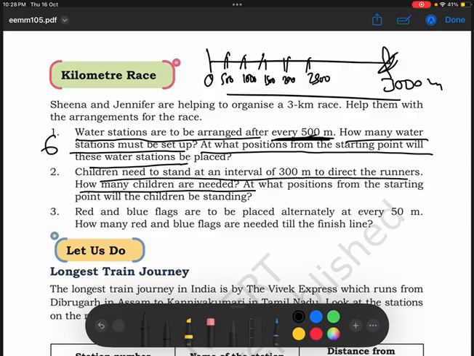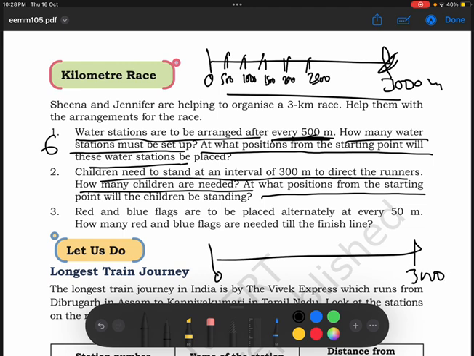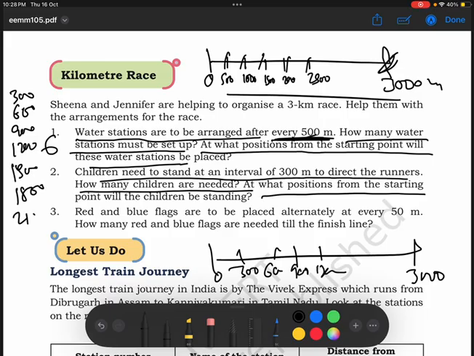How many children are needed at what position from the starting? So same again, this is the track of 3000 meters. Students are standing at 300 meter distance. So the first student will be at 300, second at 600, third at 900, fourth at 1200, then 1500, 1800, 2100, 2400, after that 2700, and the last one will be at the